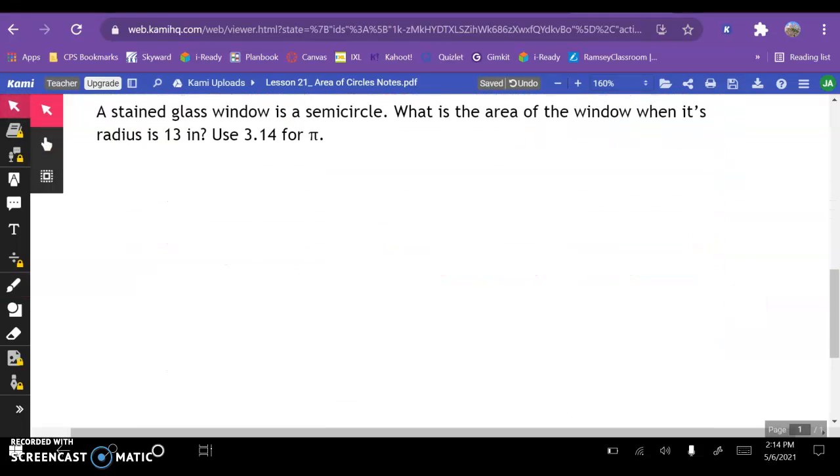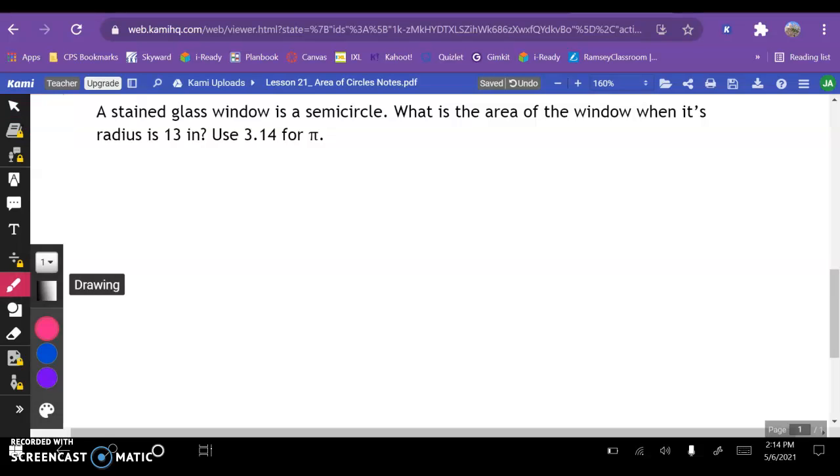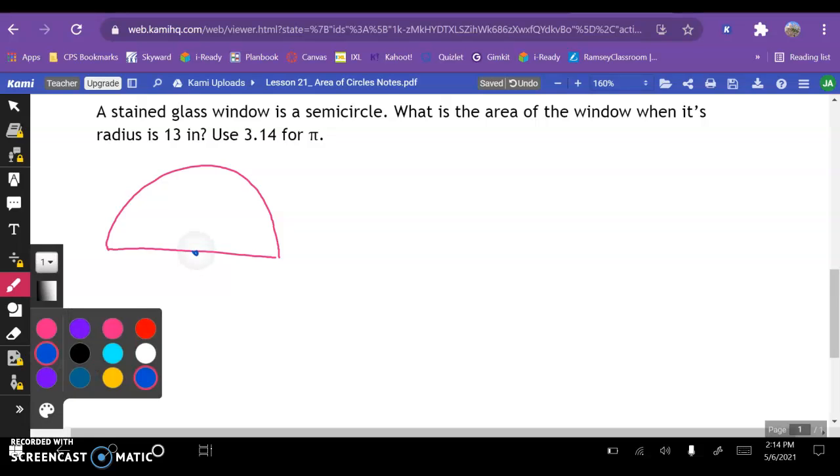And then our last one, it says a stained glass window is a semicircle. So what that means is it's half a circle. So we have the stained glass window in that shape. It says, what is the area of the window when its radius is 13 inches? So its radius is halfway across. So just from here to there is 13. So we have to do pi r squared. So 3.14, the radius was 13. So 3.14 times 13 squared is